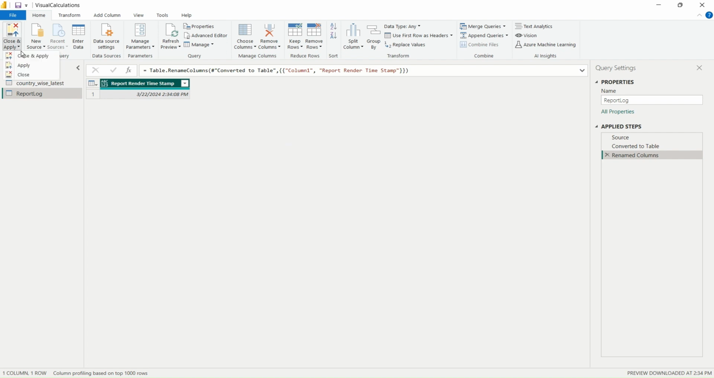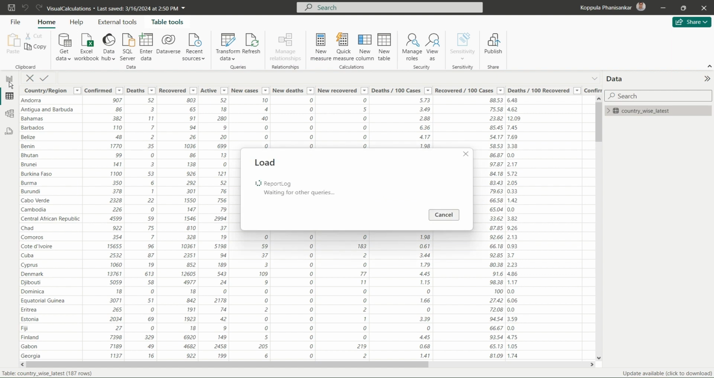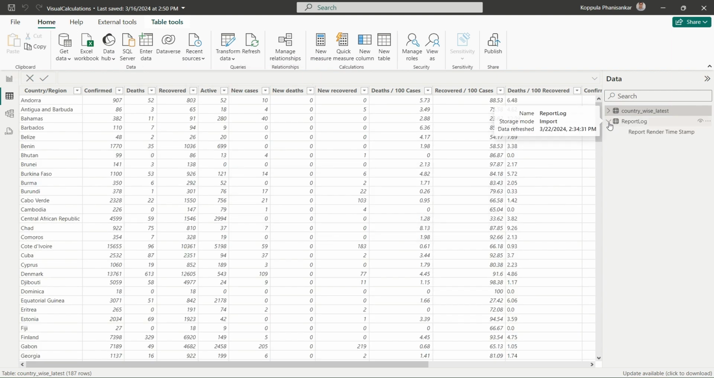So now after that, I just click simply close and apply. My table and my column is created now. Now it's loading to my Power BI model, right? Now what I'll do here, I'm going to have a